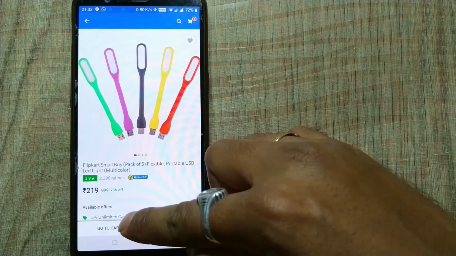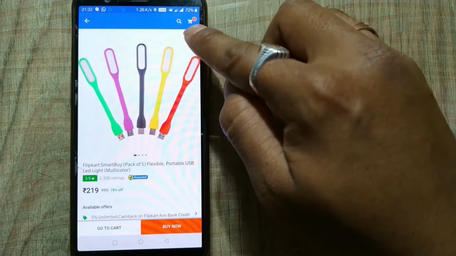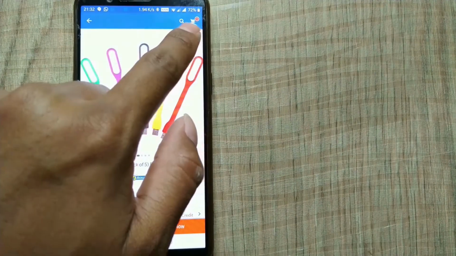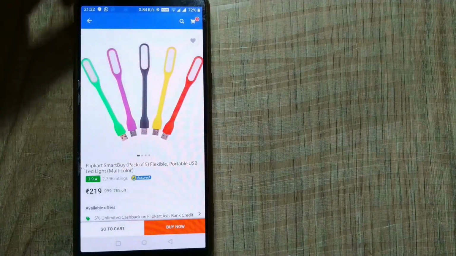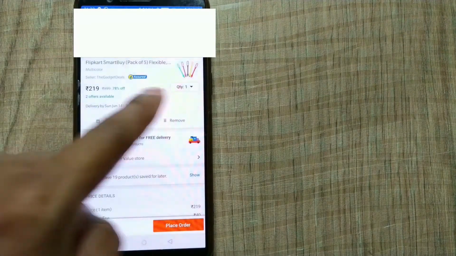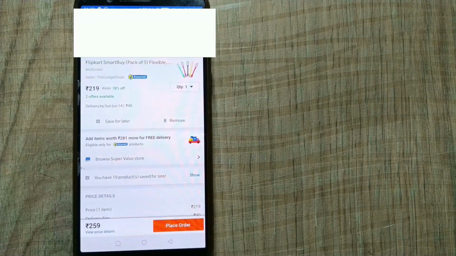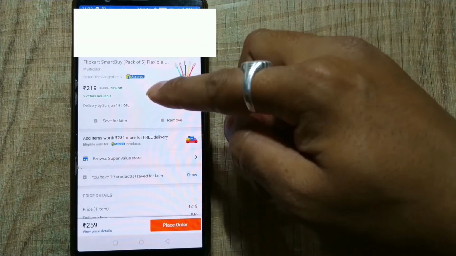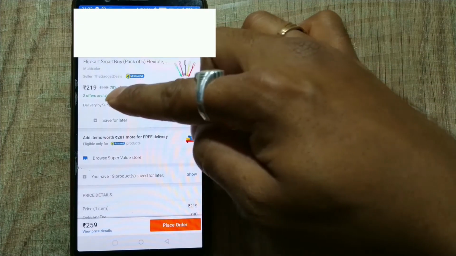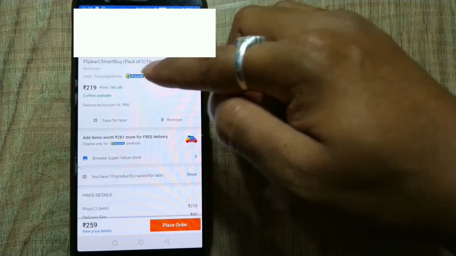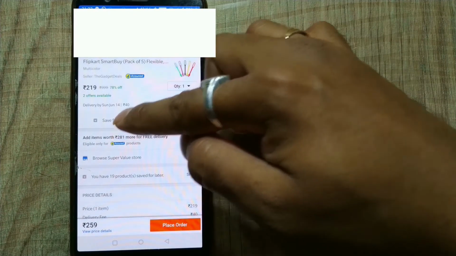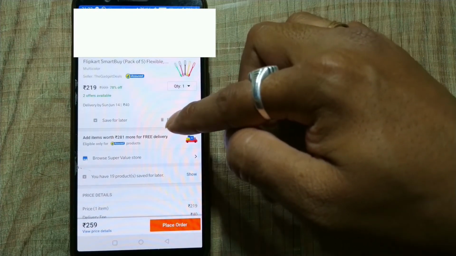When I press add to cart, you can see that red one has turned into one. So this is my cart, like a basket. You can see a trolley basket. So I'll press one. When I press, I can see my product which I had added here. So here also, when you have added a lot of items, you can see it individually. You can verify the pricing, etc. So here it will be written quantity 1. Either you can save for later, or you can remove the product also.